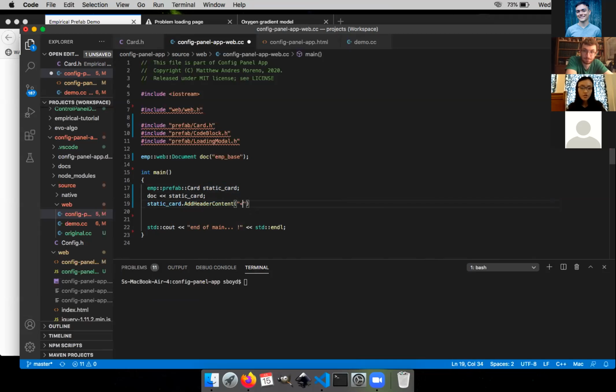And so you can put just plain strings in there, like this. And then you can also add content to the body of the card with